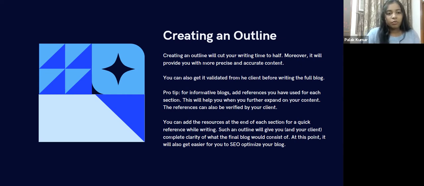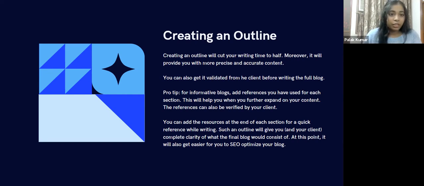So however you have created the outline, just add the references so that when you get on writing or expanding that outline, it's much easier for you to see what part has to be referred from which website. Also, at some times you can also get those references verified from the client,